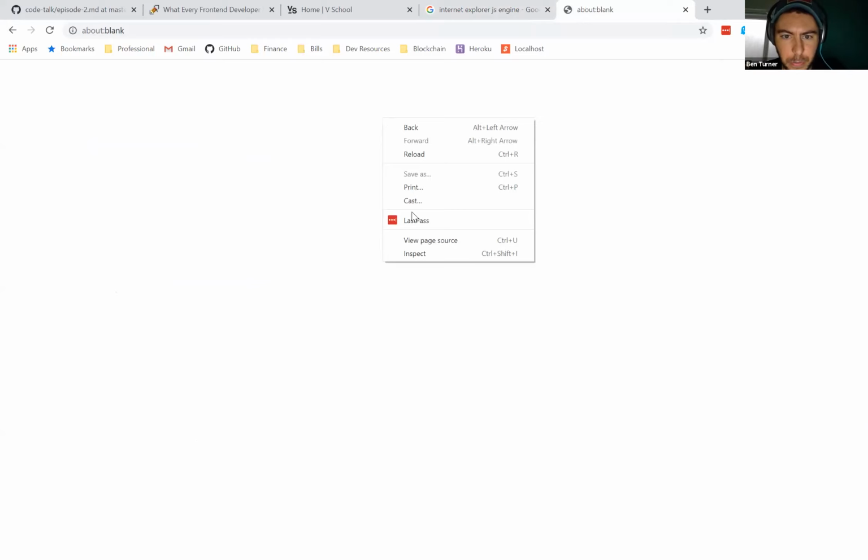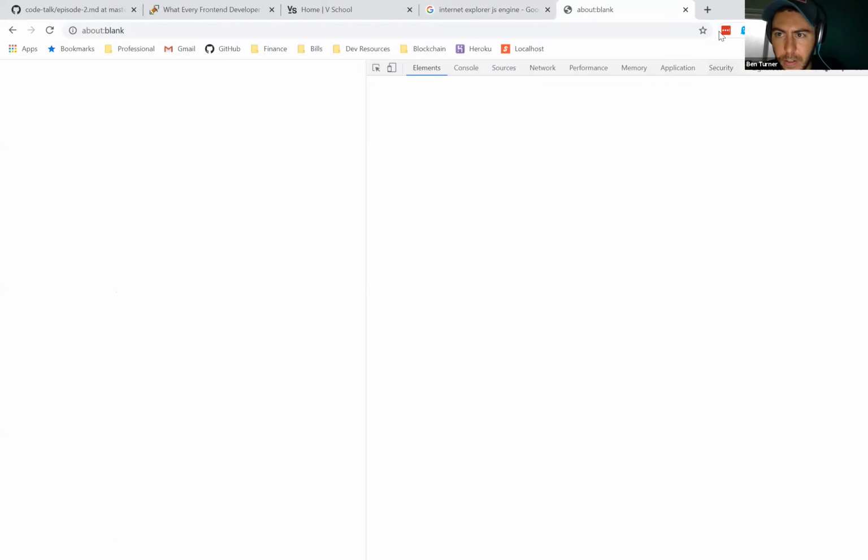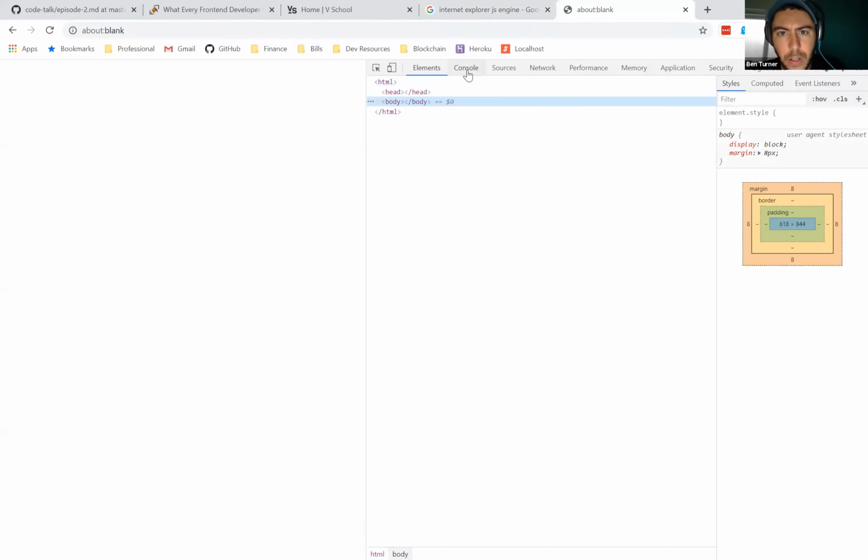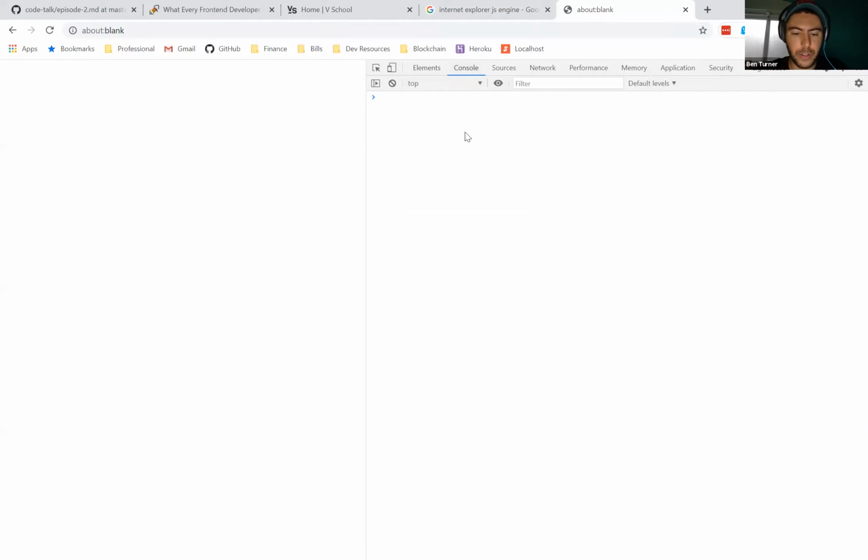So for example, I'm going to open up a fake little blank page here. What I'm going to do is just display the window object. For those who are not familiar with the window, or are a little confused as to what it is, it's basically the global scope.